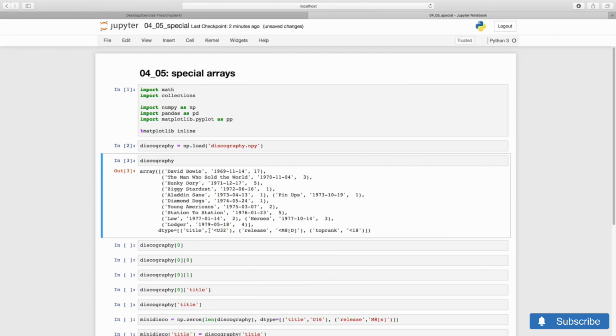The 8 refers to the size in bytes of each datetime object. Last, the top rank has an 8-byte integer data type. If you're wondering about the less-than symbol in each of these, those refer to the endianness of the data types, the order in which the bytes are stored in memory. Intel processors are little endian.